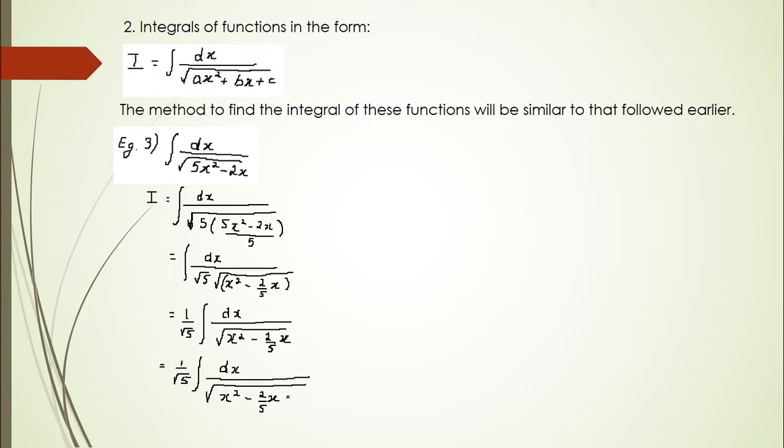Now plus, you'll get 1 by 2 times 2 by 5 whole square, right, and minusing the same amount, 1 by 2 into 2 by 5 whole square, right? So here I'll get